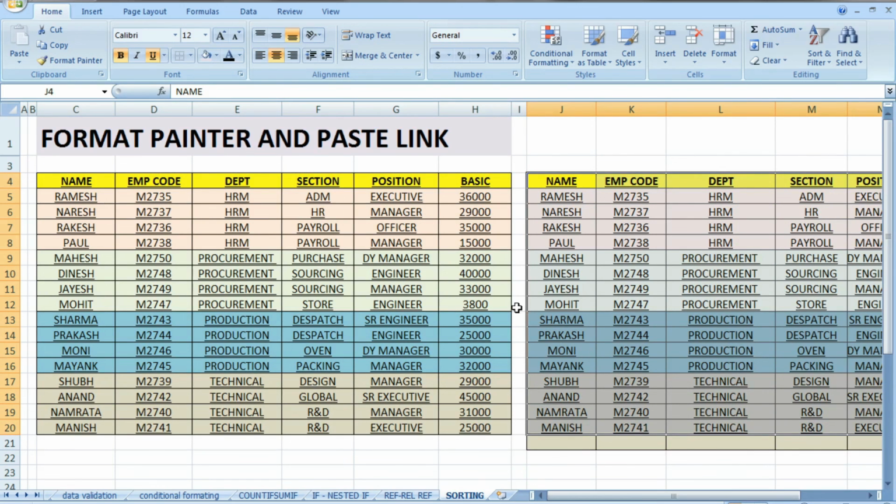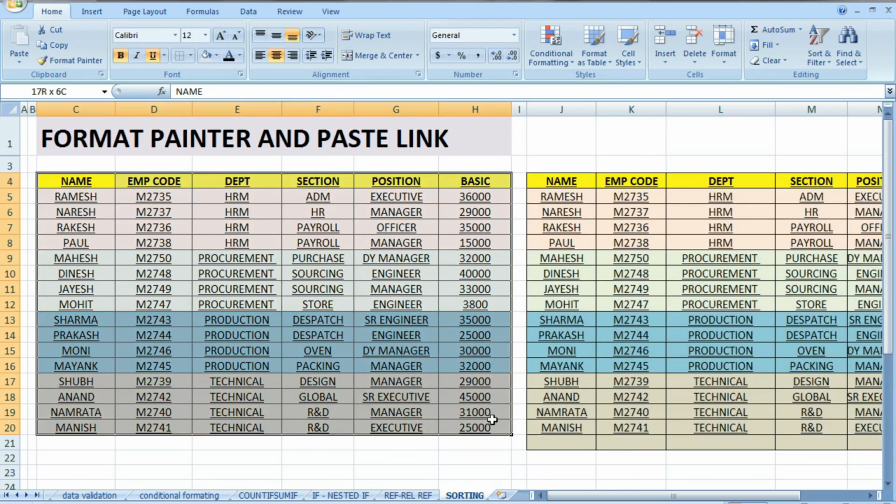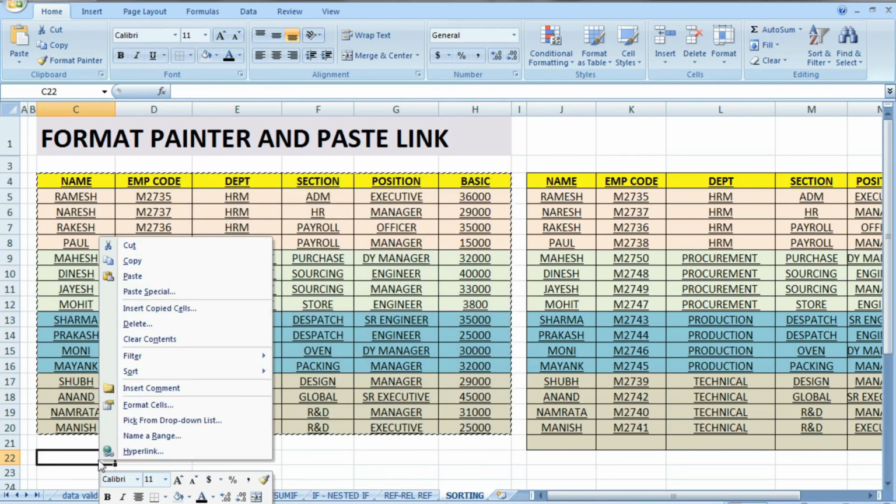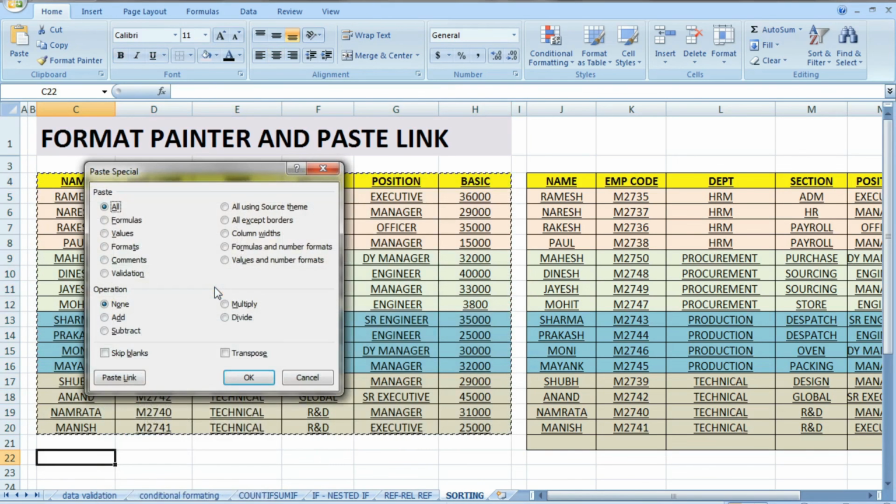Now how to use paste link. Now if I copy this data here, Control C, and here if I use paste link by paste special, see there is an option of paste link in paste special.